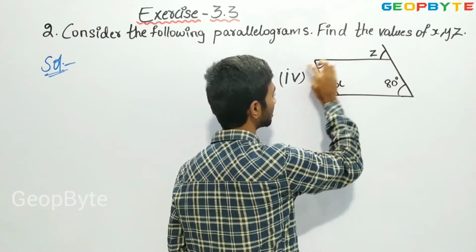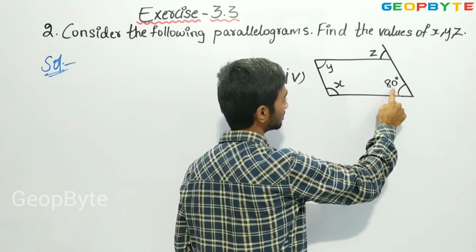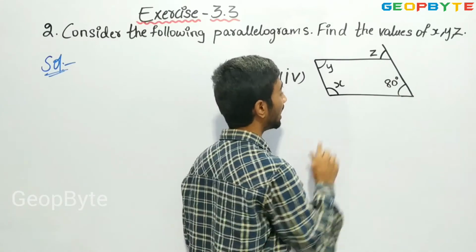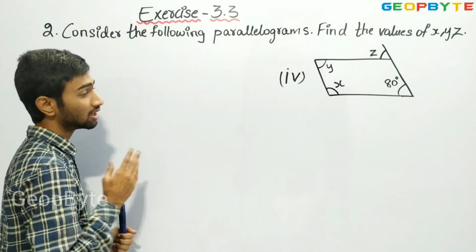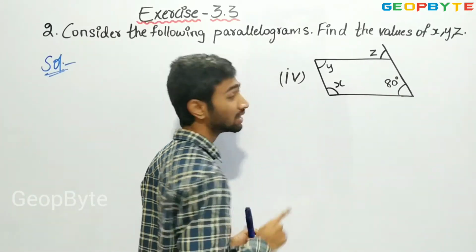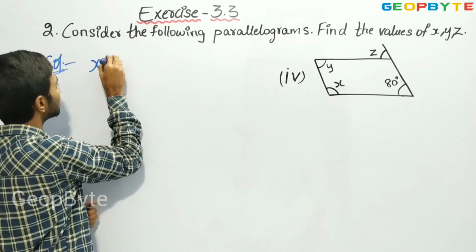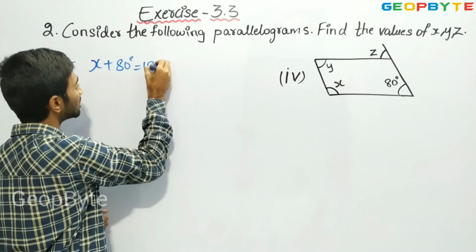Here x and here 80 degrees. These both angles are adjacent angles. So we know that the sum of two adjacent angles of a parallelogram is equal to 180 degrees. So x plus 80 degrees equals 180 degrees